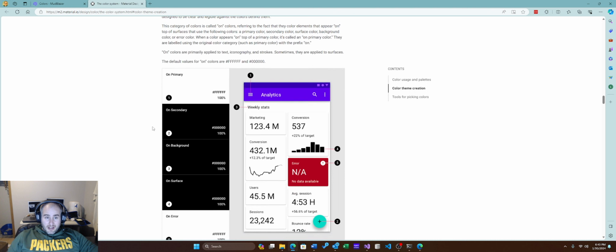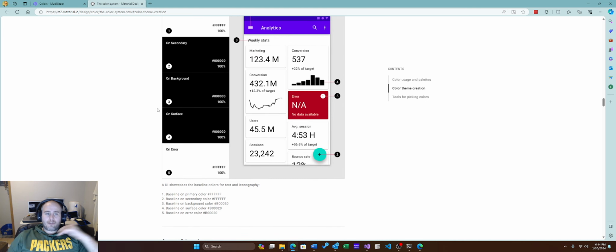And then once again it's going over the text colors, and on top of the primary we have the blue and you have the white on there, the black. You might have to refer back to this too, because I think in the next video I'm actually going to cover theming. It does mention theming on colors, but it kind of directs you to a different page where it has more stuff in